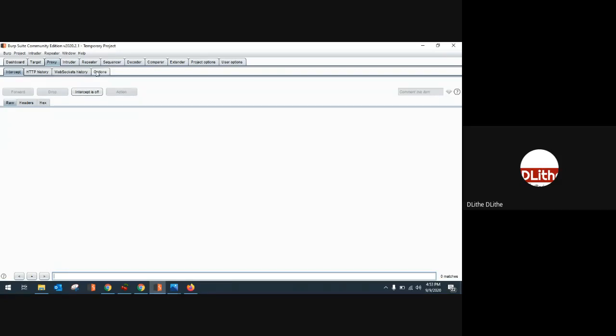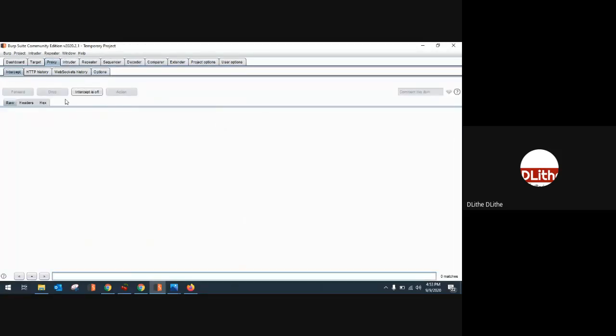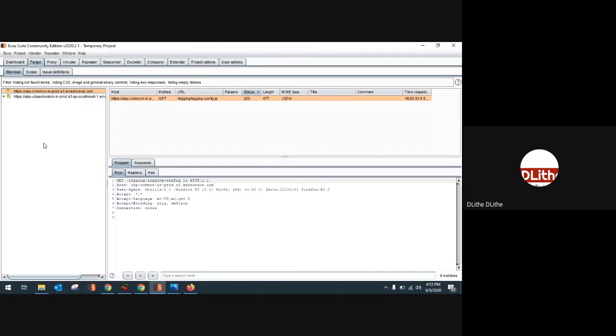And second thing, go to options and make sure this checkbox is enabled. By default, Burp Suite will be running on the loopback interface. If you want, you can also let it run on your HTTP interface as well. But for the earlier case, since we are using Burp Suite as a password cracking tool, I would recommend using it in default settings. So the only thing we need to do is go to Proxy, go to Intercept, and turn the intercept off. After that, just click on Target and wait until your target website is populated over here.